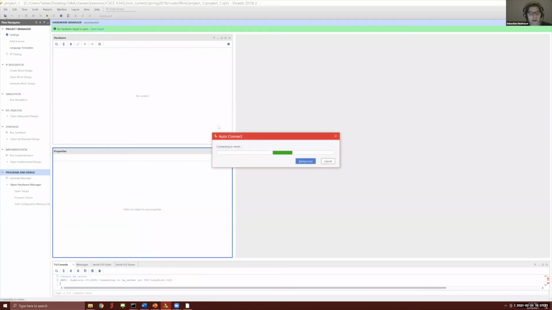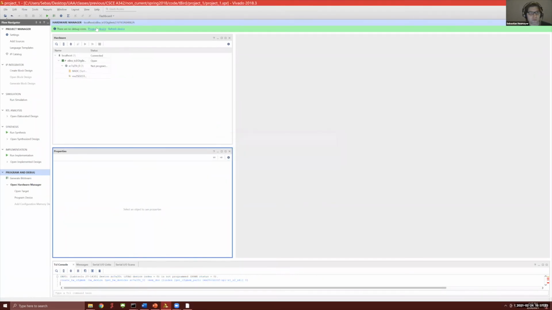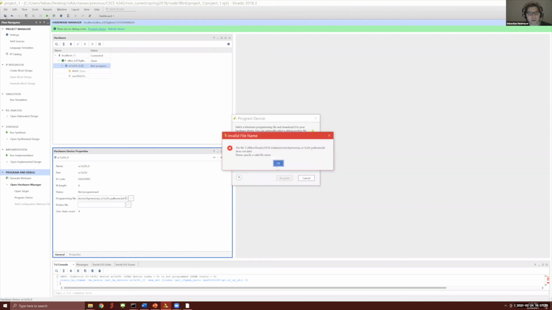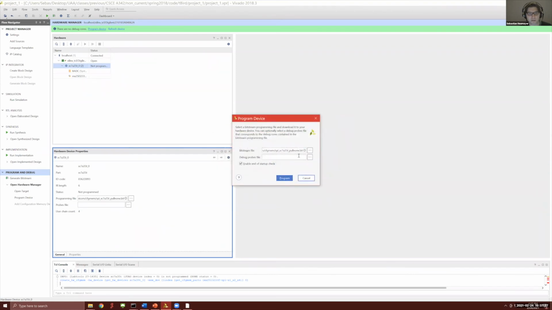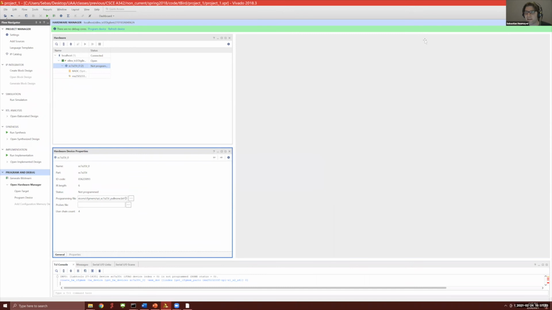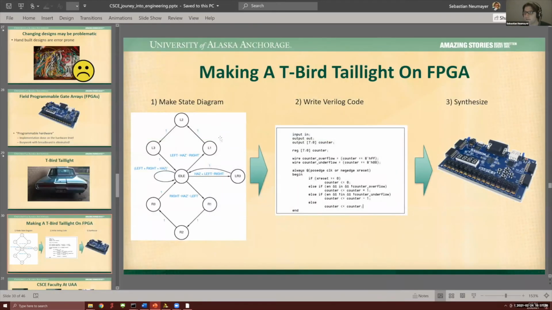I already have this project built, and I'm just going to program my FPGA. Oh no, technical issue. Okay, I'm going to abandon this because it would take too long to figure out in real time, but it looks cool.